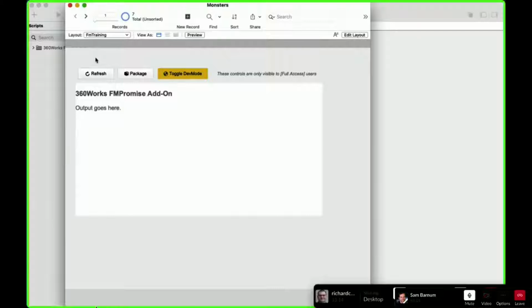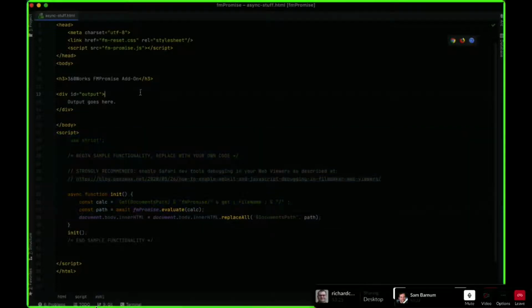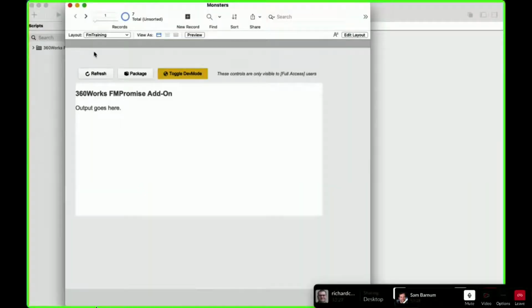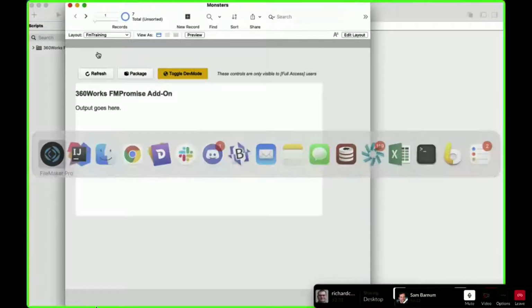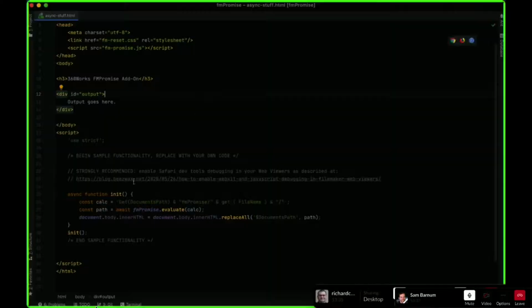I think that the best way to try developing stuff in fmPromise is actually not by editing a file and reloading, but by using the JavaScript console. So what you need to do, that I've done on here already, is run this code. I don't know if anyone can see that. It's kind of gray on black.